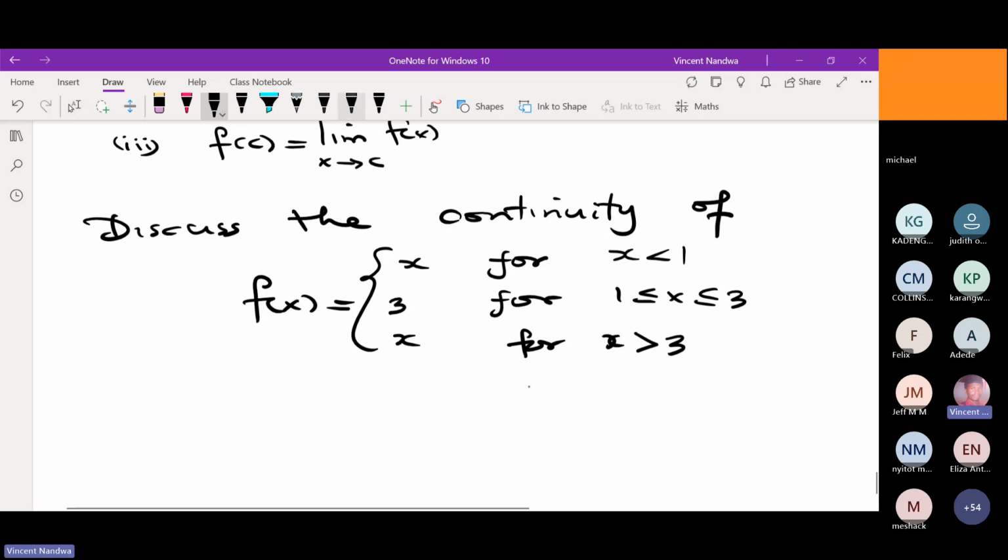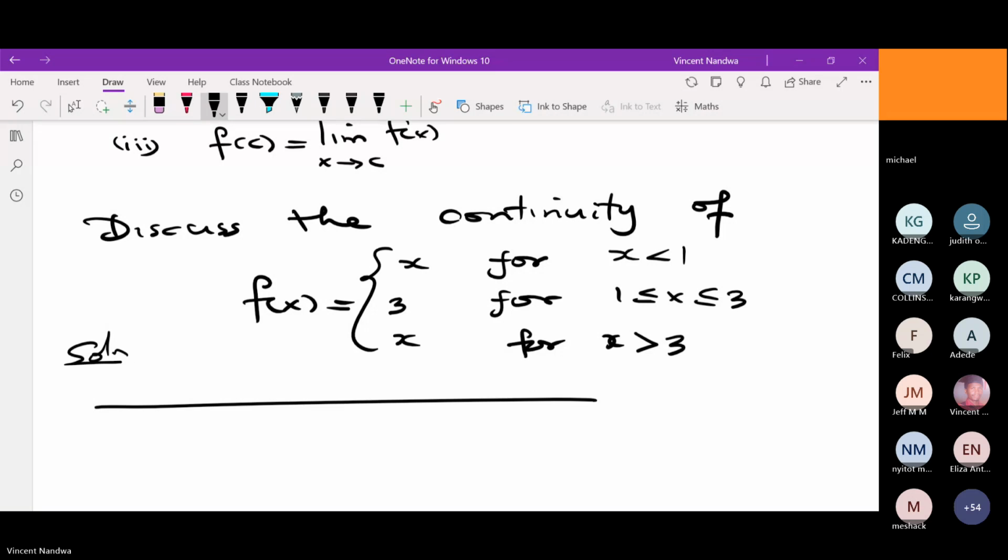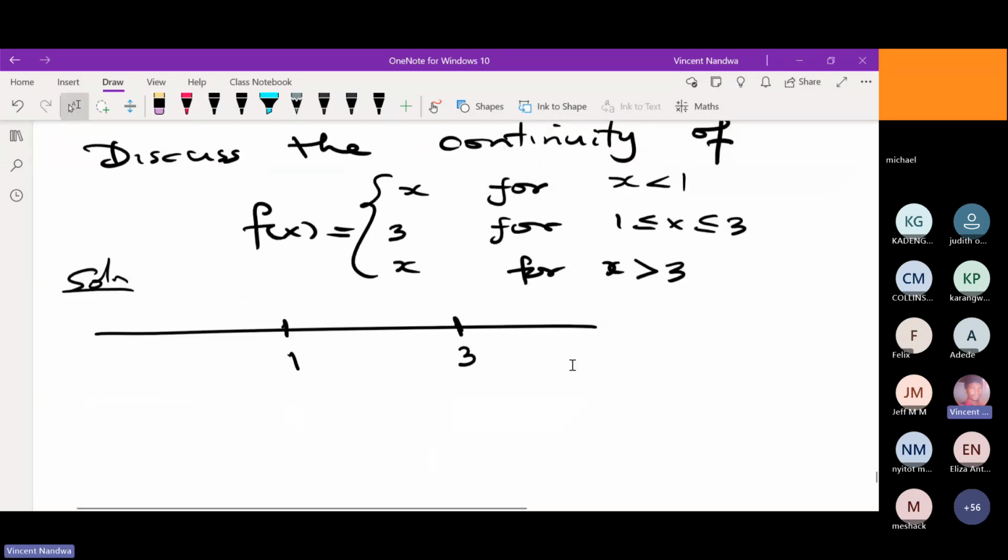So what this problem is looking for is to check whether this function is continuous. There's this point 1, and then there's this point 3. So we are interested in checking whether the function is continuous at x equals 1 and x equals 3. So there are 2 points of interest. So let's start with the first case, or case 1,